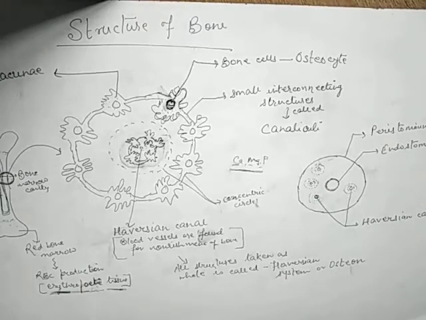Bones serve a variety of purposes in the body. Bones form the supporting framework of the body and protect internal organs. Long bones help in locomotion. Yes, we are able to move due to the presence of bones inside our body. Bones provide a surface for attachment of muscles. We also know that the tissue called a tendon connects the muscles to bones. So tendons are found, and the bones also provide the surface for attachment of the muscles. These are some of the functions of the bones.